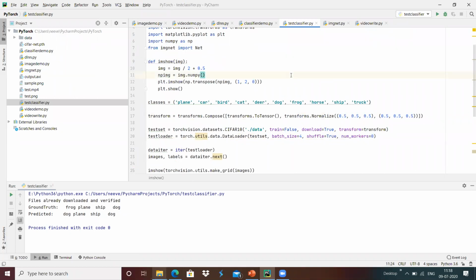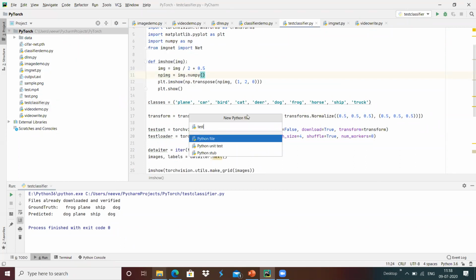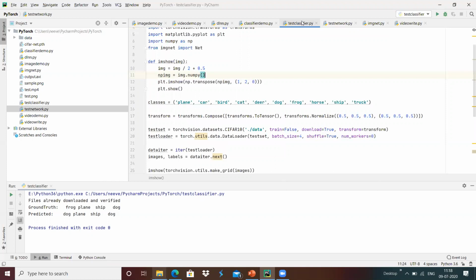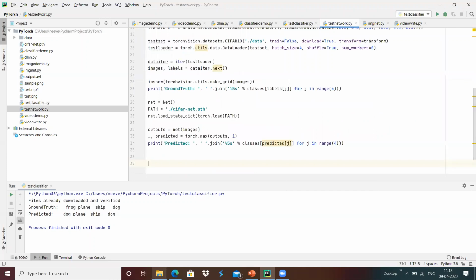For that, I'm going to define another file, test network.py, and since it is going to be almost the same, I'm going to copy this over here.